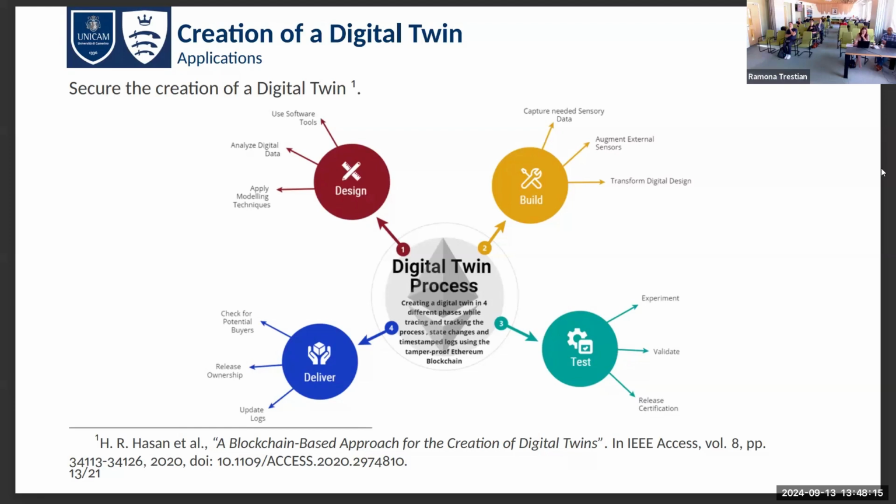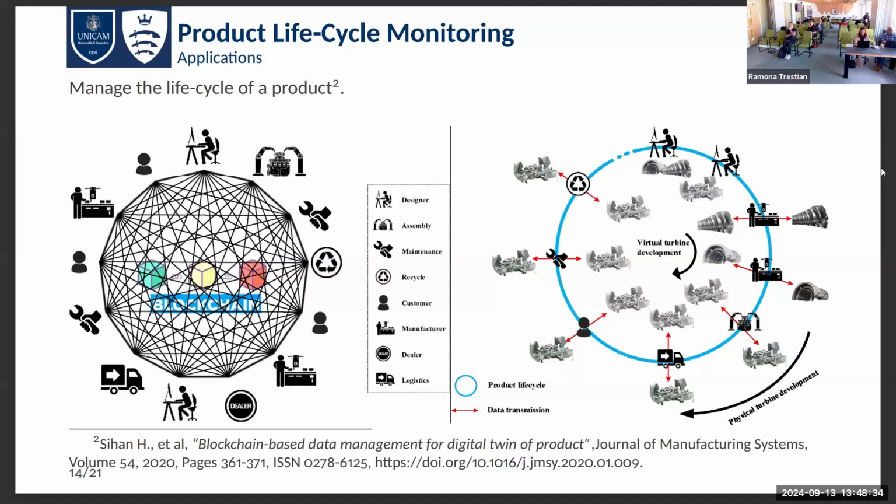It is just an idea, but clearly we can think about more complex interaction between the digital twin and the blockchain, because in this way we are going to create a sort of certificate of the creation process of the digital twin, but we can do, for example, more. And the authors in this paper try to combine the digital twin and the blockchain to track the life cycle of the product.